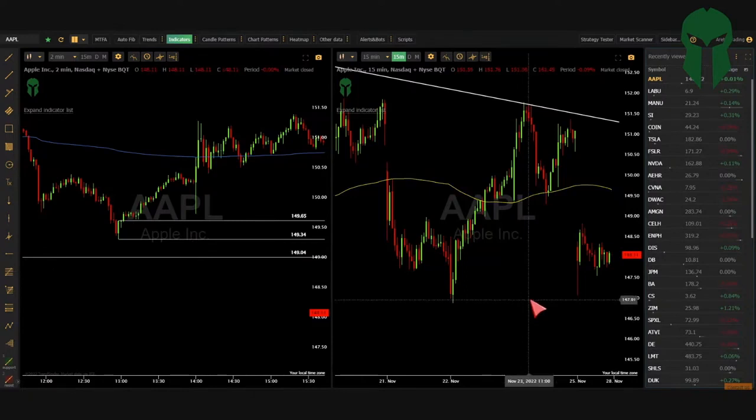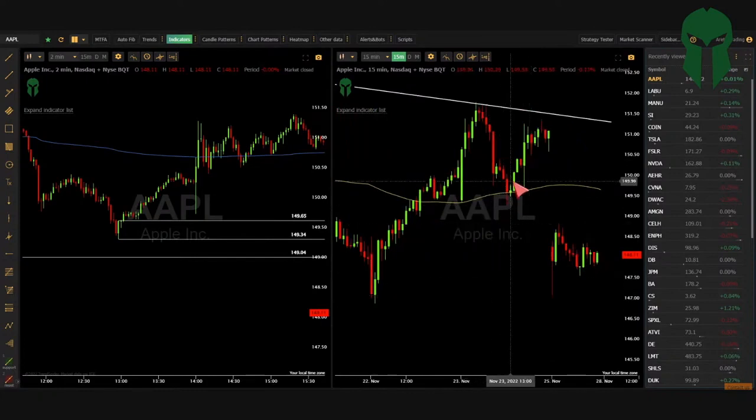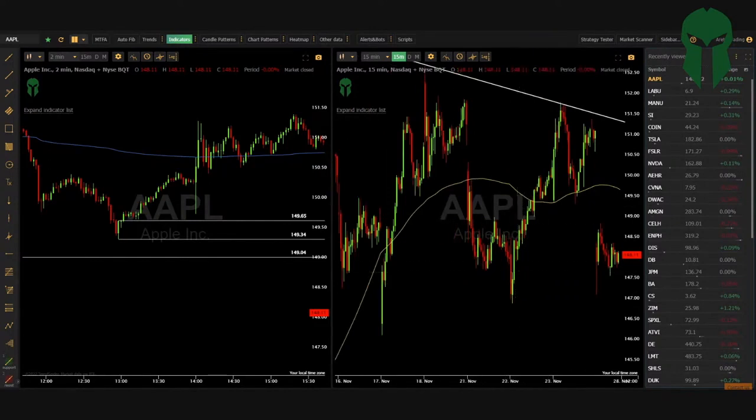Does it always work? Absolutely not. Will you jump the gun sometimes? Absolutely. Okay. But if you do this and you wait for the confirm signals, and there are confirm signals that work, that make sense, then you give it a try, right? Now, if this green bar bounced off here and was all the way up here, now you have a completely different trade, right? You might have had to try it earlier. Okay. So